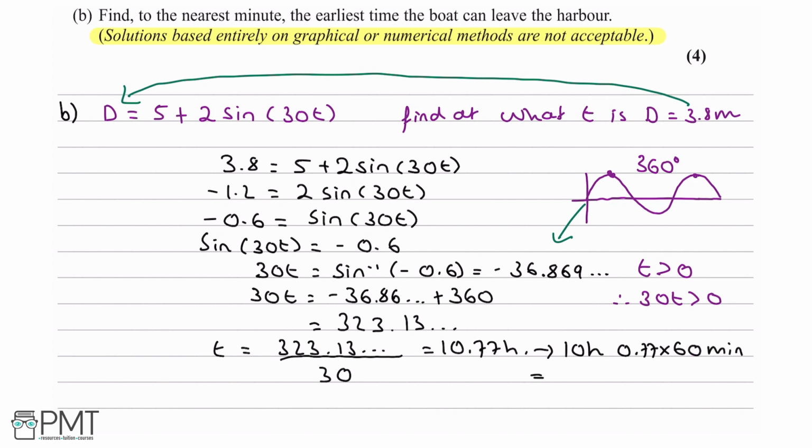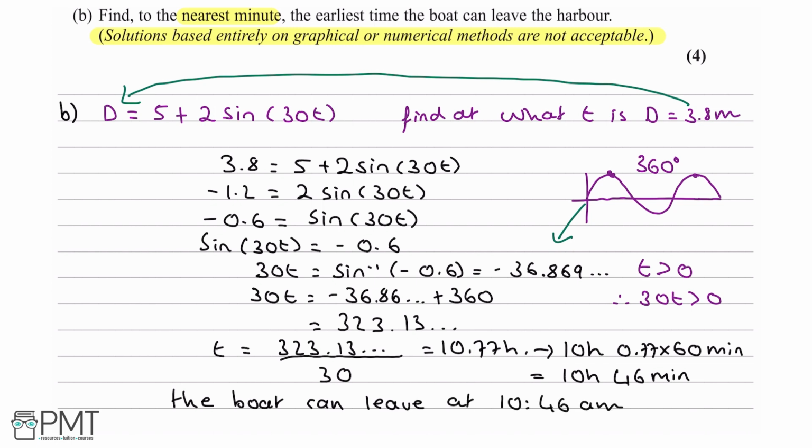If I do 0.77 times 60, we have 46.2 minutes, or 10 hours and 46 minutes, because we round it to the nearest minute as we have in our question. So 10 hours 46 minutes after midnight is the same as 10:46 a.m. So we say the boat can leave at